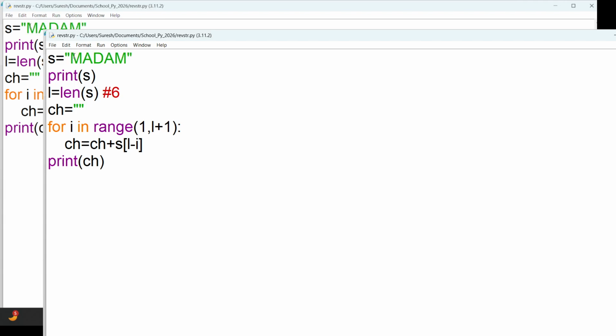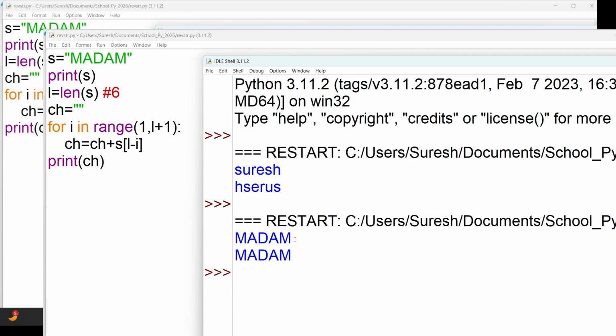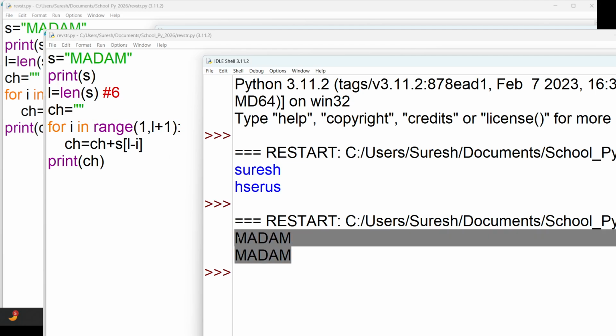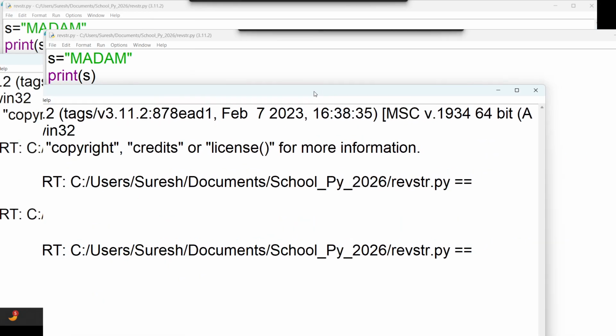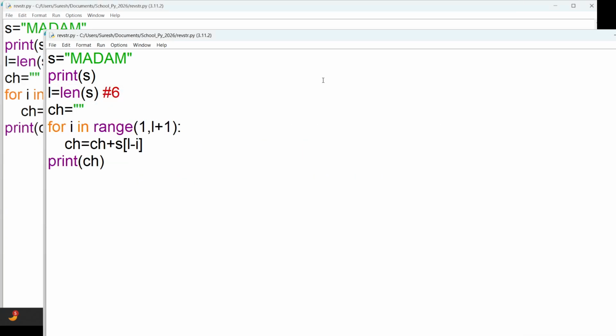Suppose instead of this name, if I write MADAM, now see, after reverse also you're getting the same name, right? But how can you cross check it? For cross checking, you need to compare